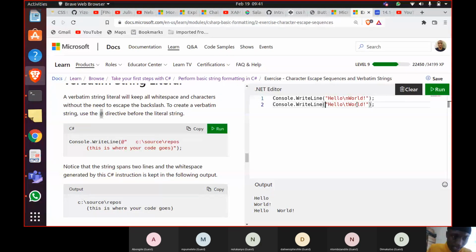Right. Okay, so as I was saying, when you use this @ sign, let's first start without using it, and see what exactly it does. Let's say